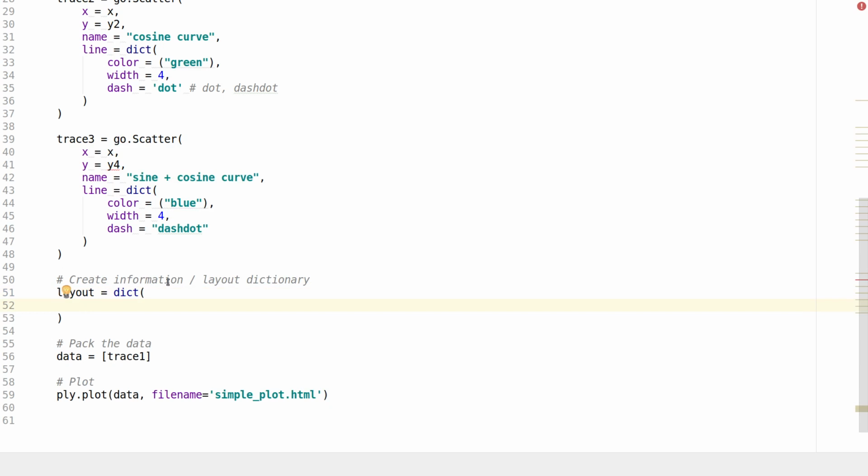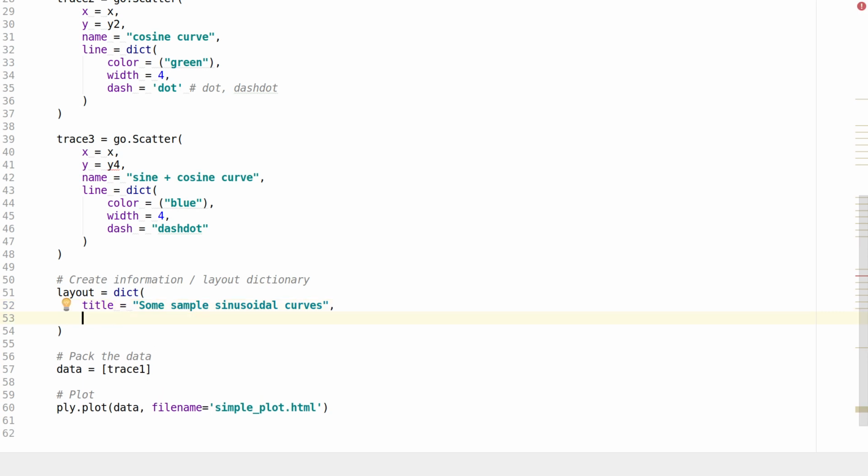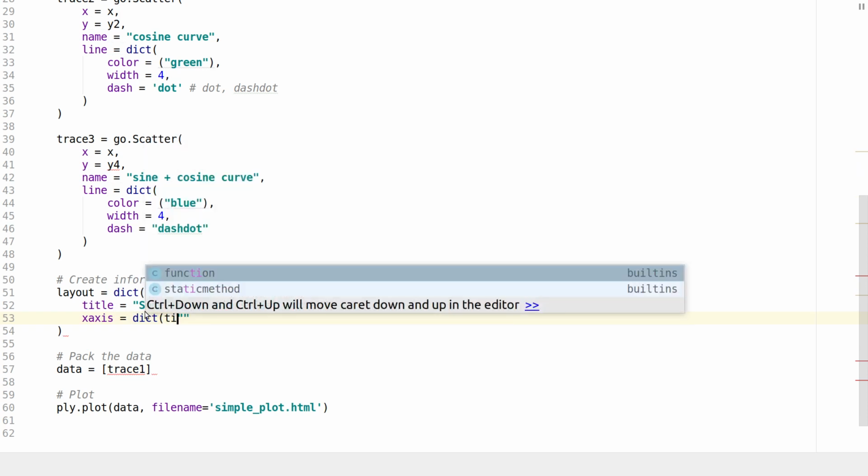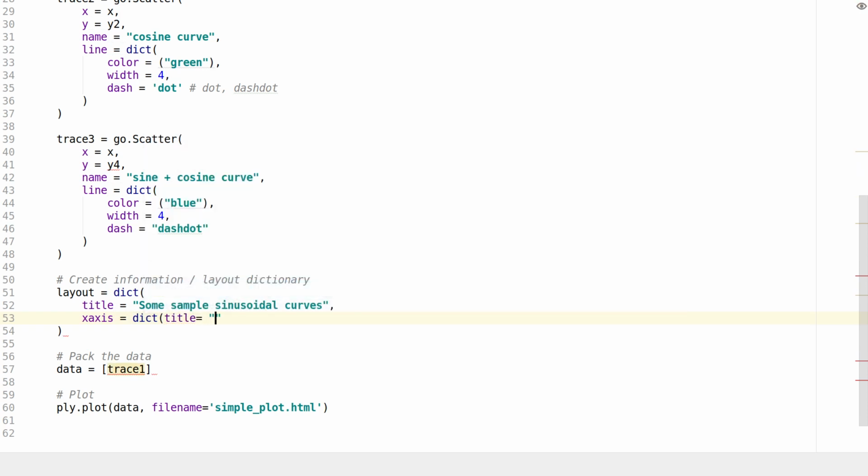okay. And here let's give a title. The title is some sample sinusoidal curves, okay. And now let's give an x-axis label. The x-axis label is a dictionary, because it can accept multiple values, so that's why title equals, what was the x-axis thing, it's angles,